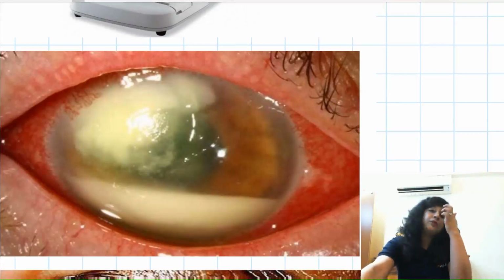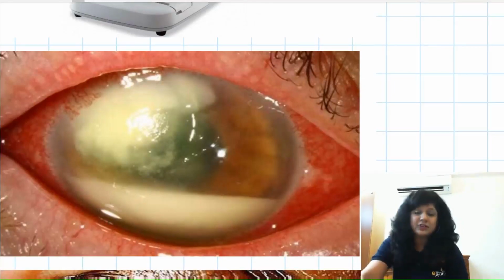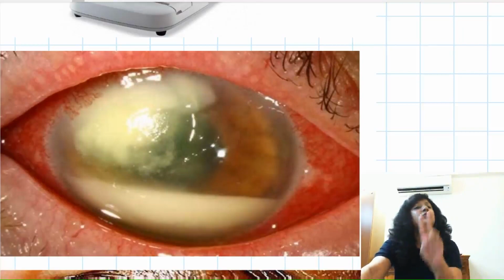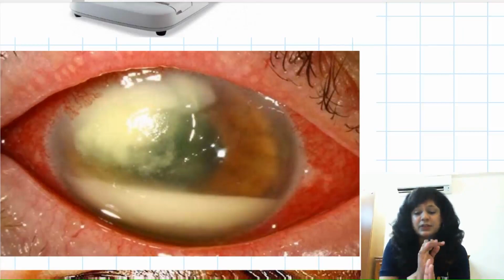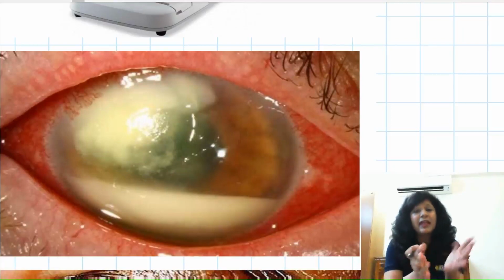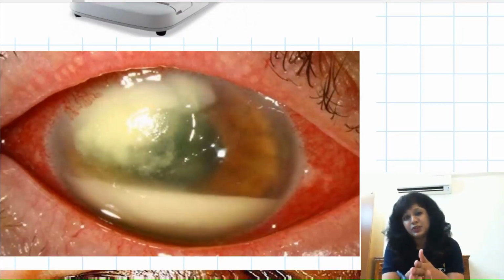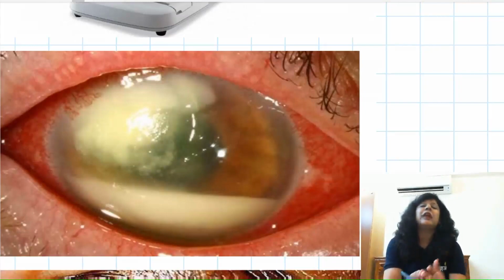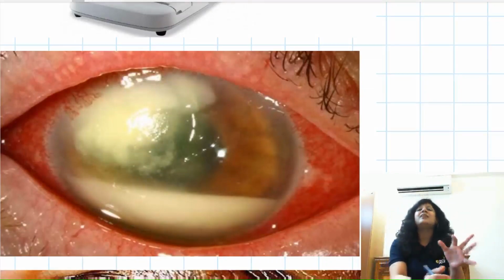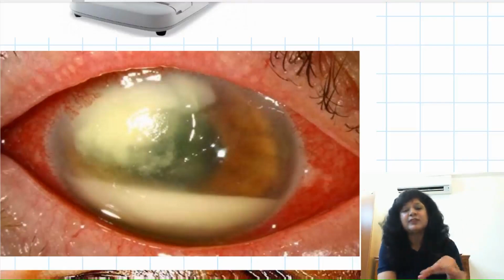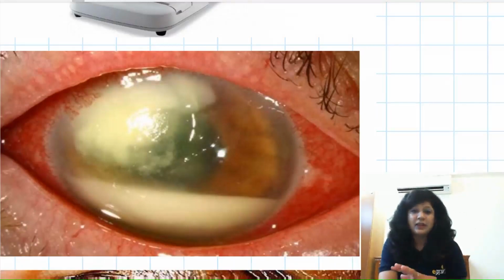Now, if I talk about the usual mechanism, how actually bacteria cause bacterial ulcers, always remember that there are two steps involved here. The first thing is that there will be corneal erosion, and then there will be secondary bacterial infection. This corneal erosion can be due to fingernail trauma, any other penetrating trauma, any abrasion, or corneal dystrophy. Anything that is abrading the corneal surface can invite the bacteria.